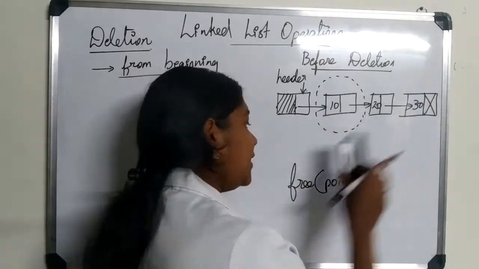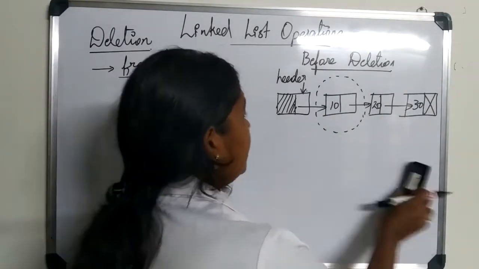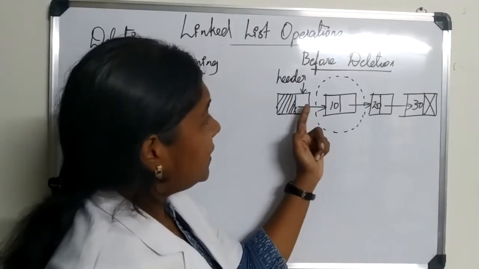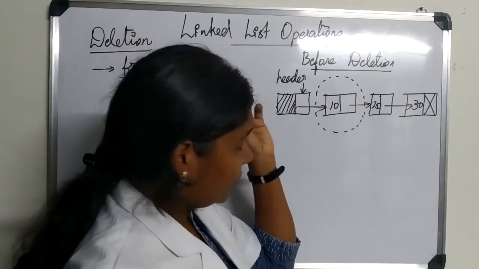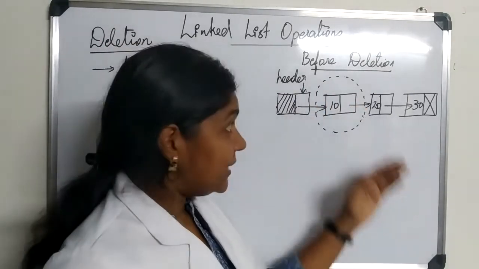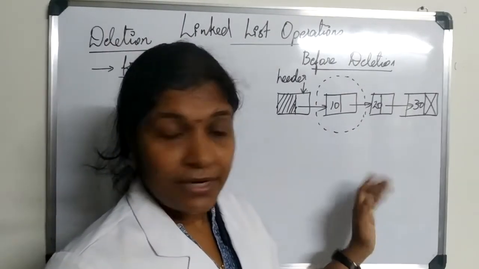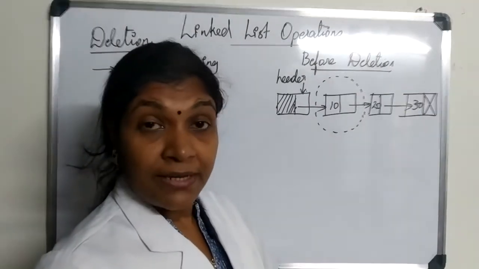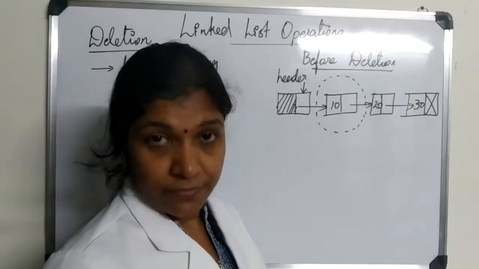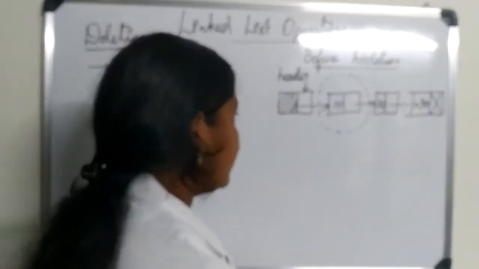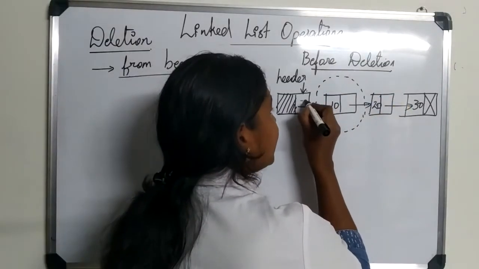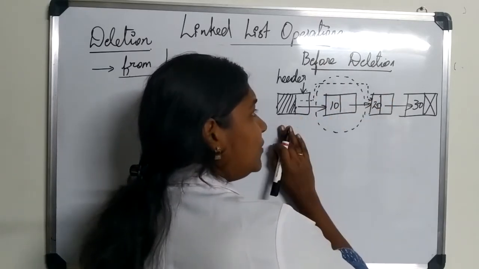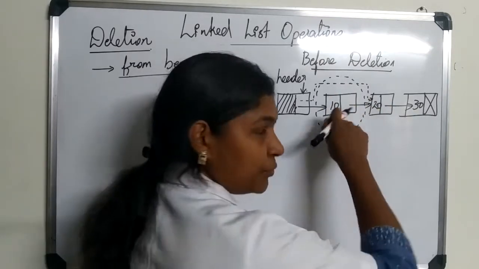So right now, for your understanding, I explain this one. This is the node to be deleted. This is before deletion. What if this node is not there? That linked list should still exist, right? Without this node also, it should exist. For that, what rearrangement should we do in these pointers? We should connect the pointer part of the header node to the next node of this node, right?